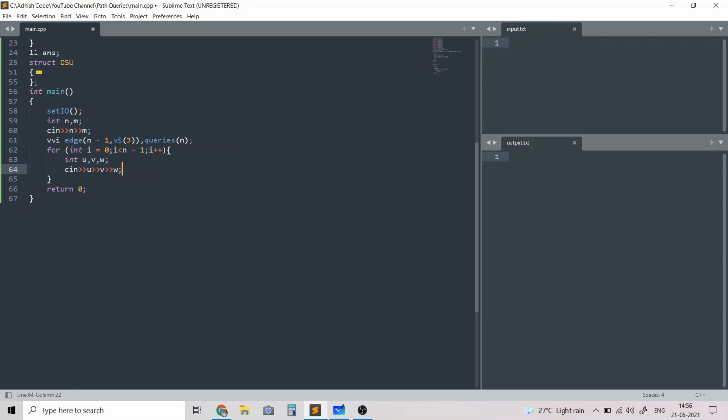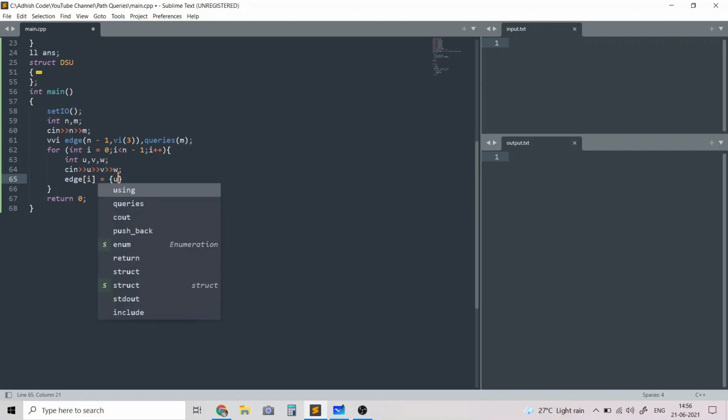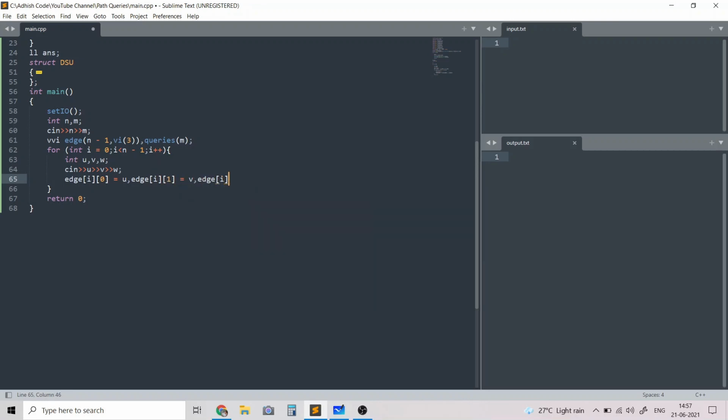The edge of I of 0 will be U, the endpoint of the ith edge will be V, and the weight of the ith edge will be W. So edge of I stores the first endpoint, then the second endpoint of the edge, and the weight of the edge in this form.